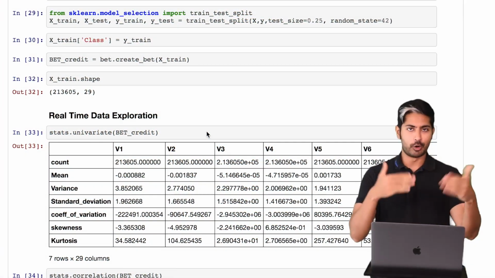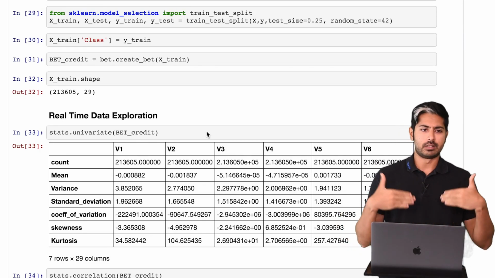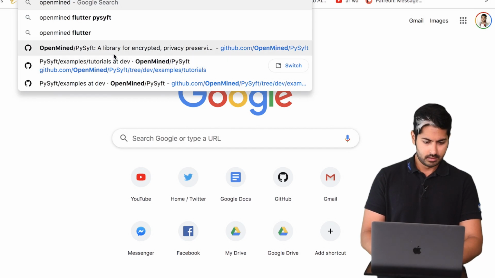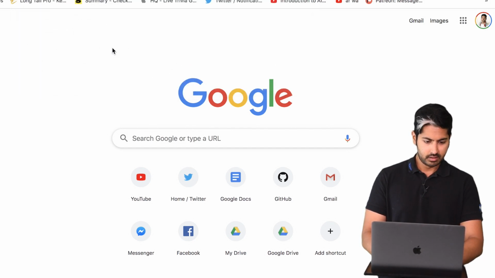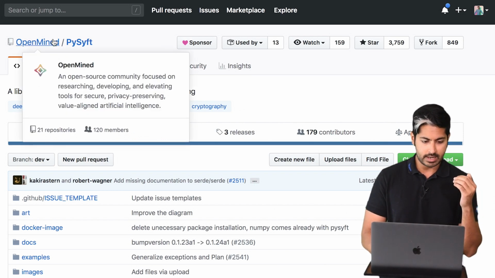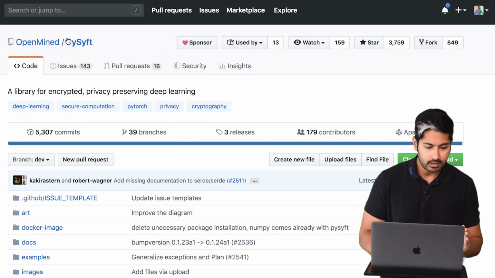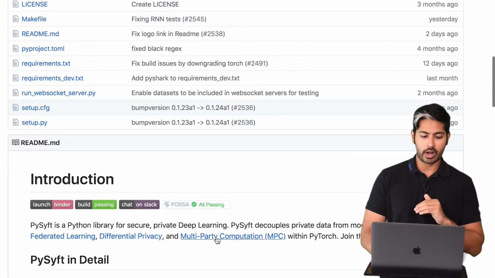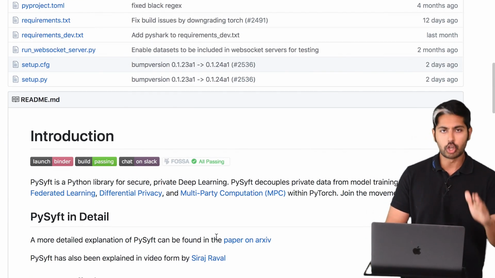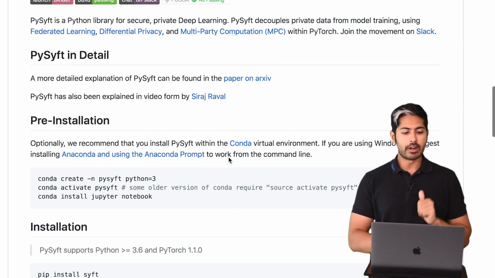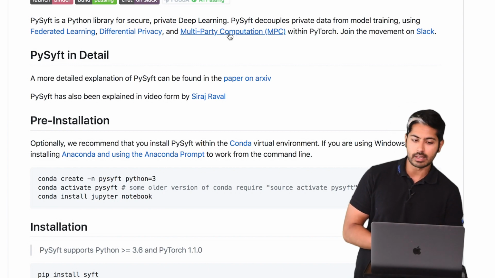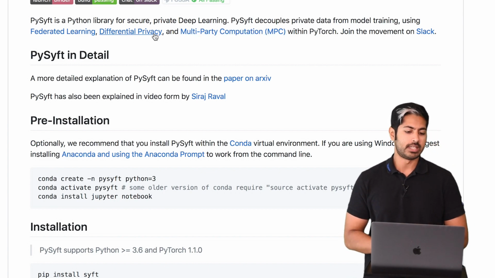All right, so welcome back to the coding portion. So we just talked about OpenMined. Let's look at what OpenMined looks like. So OpenMined is this great organization run by my friend Andrew Trask, and in this repository is everything we need for privacy-preserving, secure deep learning. It's got federated learning built in, it's got secure multi-party computation built in, and it's got differential privacy built in as well,